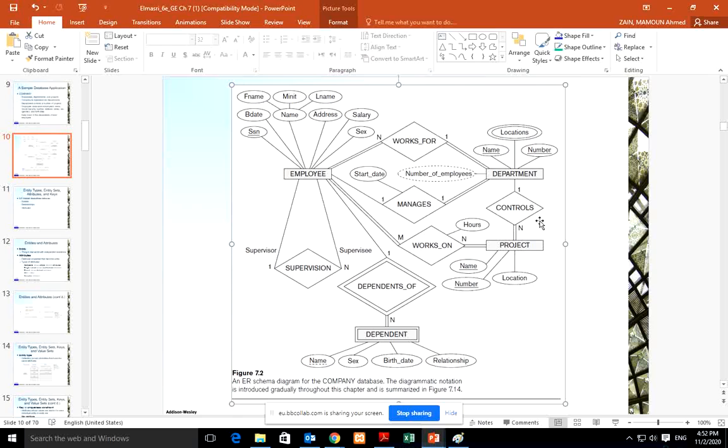Also, if you read the relationship controls between department and project, you can read it like this: one department controls many projects, and many projects are controlled by one department. Now we know what these numbers stand for, and we call them cardinality, guys. The cardinality